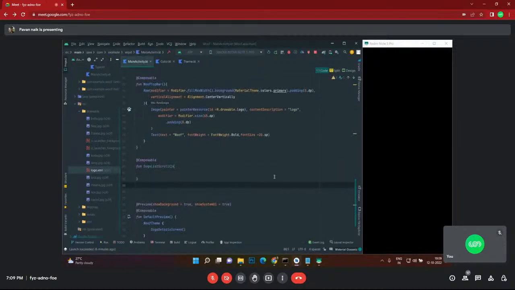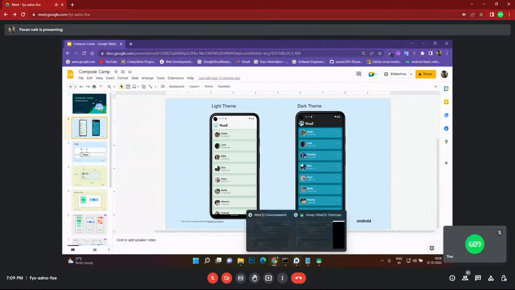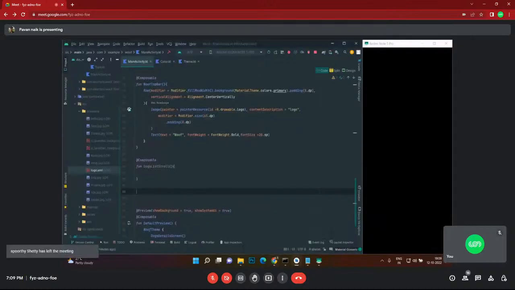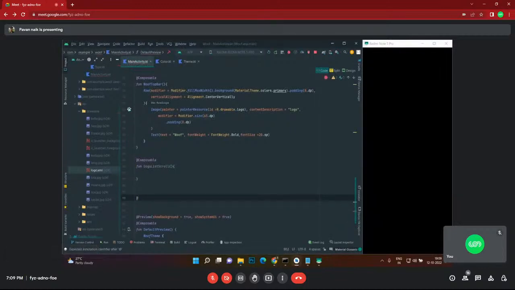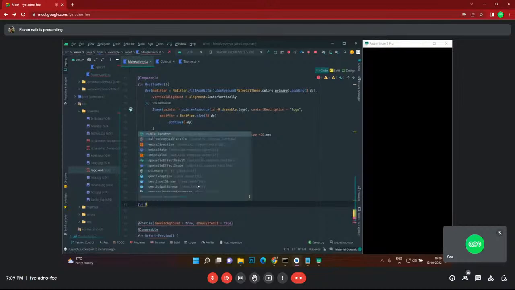Before that we need a function. We need a function which will create the UI of this card, right? So for that we'll first be creating the card thing. So it will be something like a composable function. Docs details are